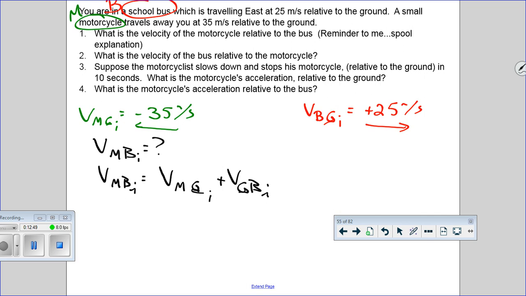Or do I? What are you saying back there, Teddy? Yeah, remember, if this is the velocity of the bus relative to the ground, then you just flip-flop it, right? So this is the same as